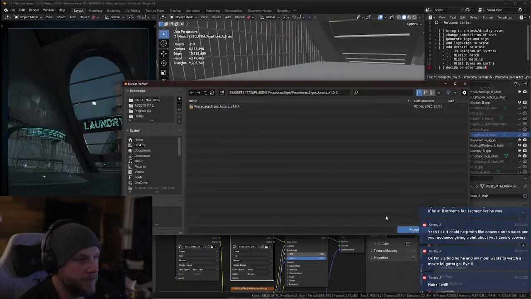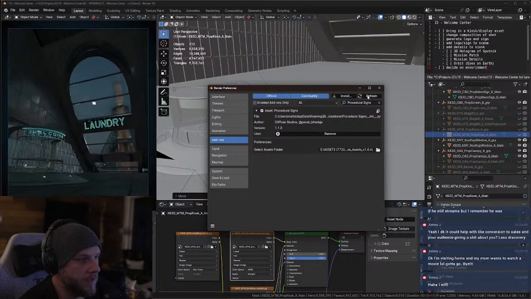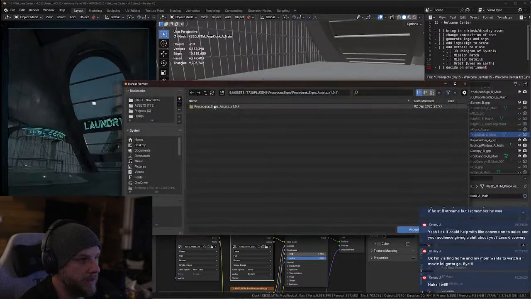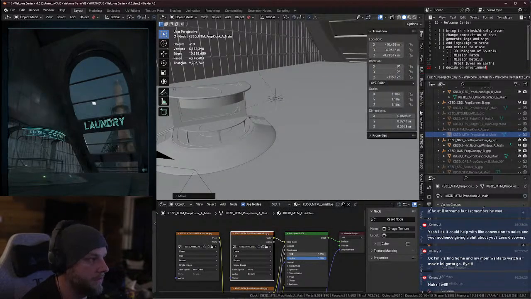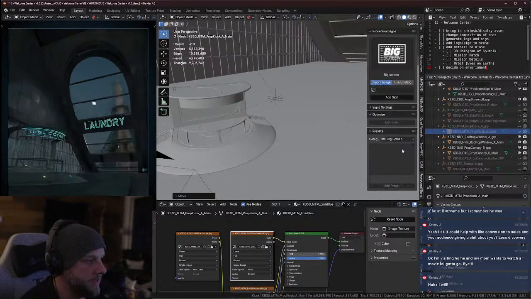So there's the folder. Hopefully that works. I don't know if you have to go to the subfolder. Okay. Let's try to do this without any other. Okay, so